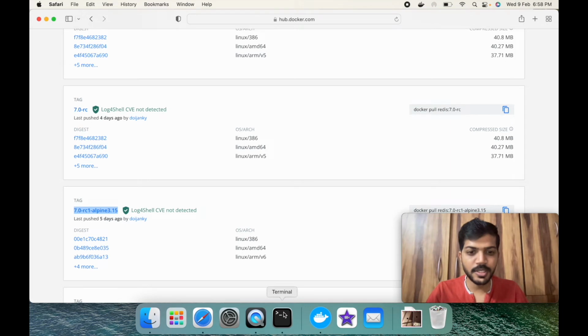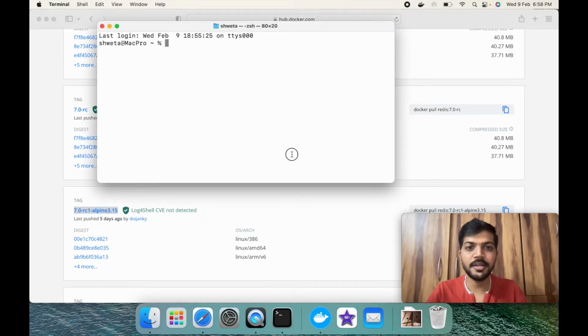Now we'll go to the terminal and try to create a container. To create a container, the command is docker container run. Name of the image, we'll just say Redis. Then the port to be bound, so 6379, the container port, and our local port which is the same.